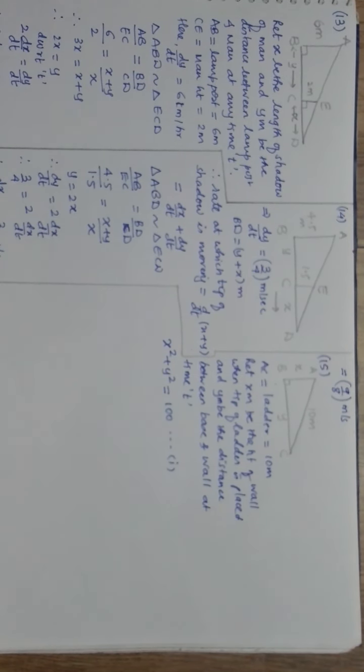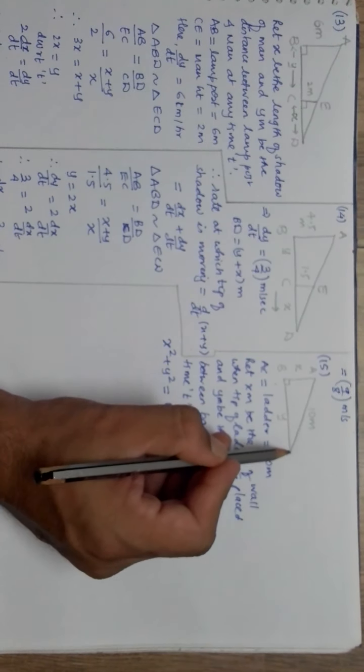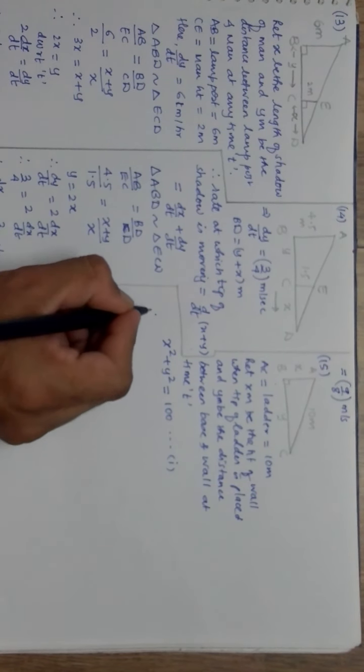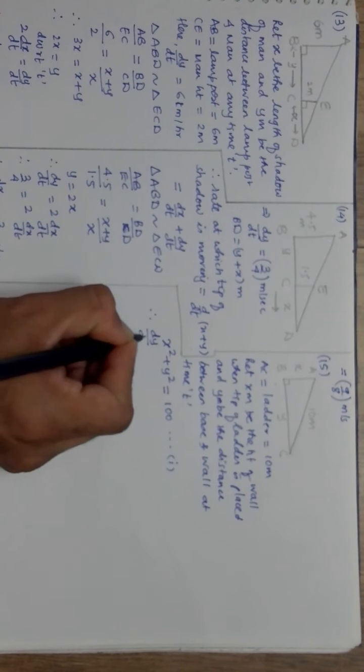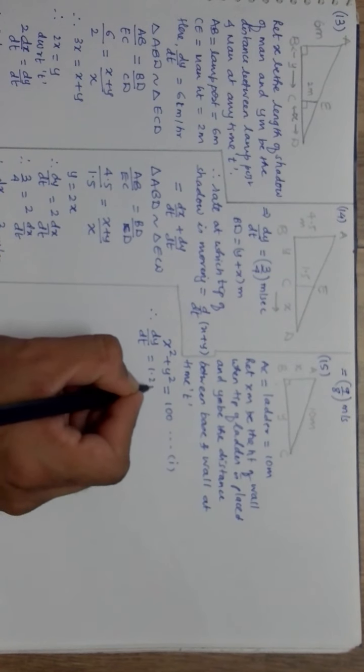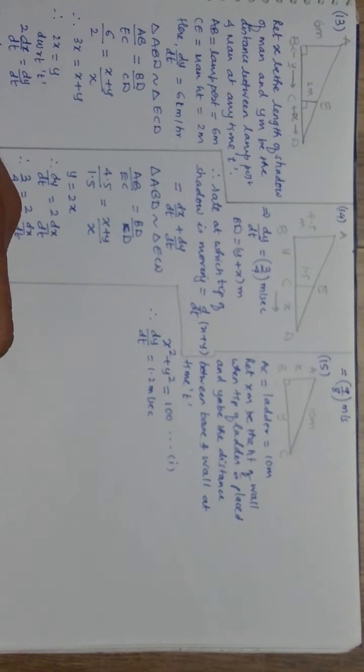Now what is given further is, if the bottom of the ladder is pulled horizontally away from the wall at the rate of, what term is pulled? That means this is pulled. That means there is change in the value of y. So therefore the rate of change of y is dy by dt, which is given to you as 1.2 meter per second. Find how fast the top of the ladder is sliding down the wall when the bottom is 6 meters away from the wall. So the sliding rate is 1.2 meter.